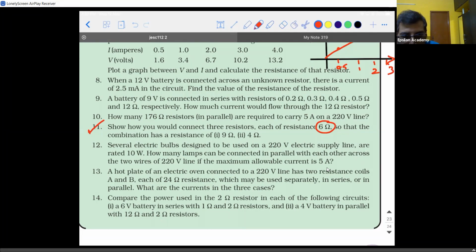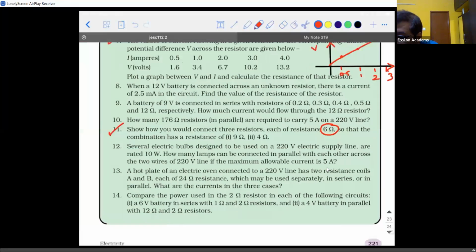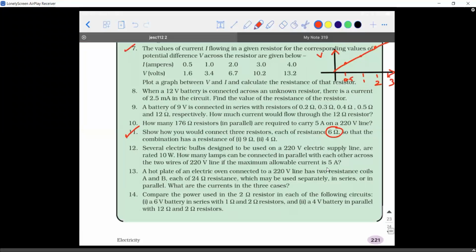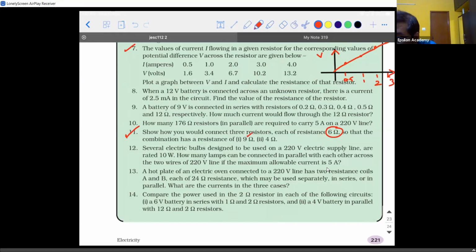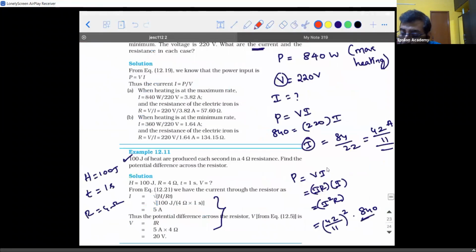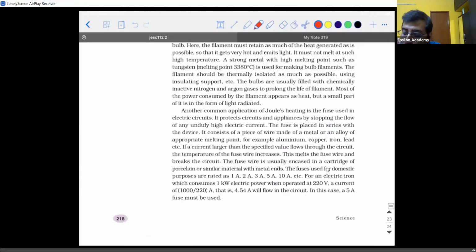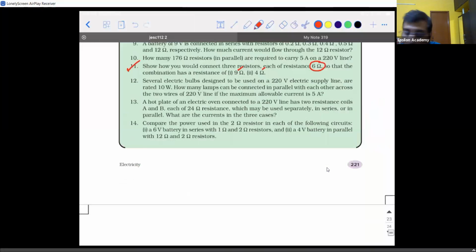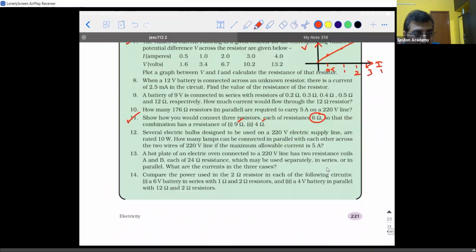But sir, here if you observe, it is neither 18 nor 2 ohm. It is somewhere between those values. So what are we supposed to do? We need to definitely go for mixed combination. There are only 2 possibilities of mixed combination from 3. You can put 2 of them in parallel and 1 in series, or you can put 2 of them in series and that in parallel with the third.